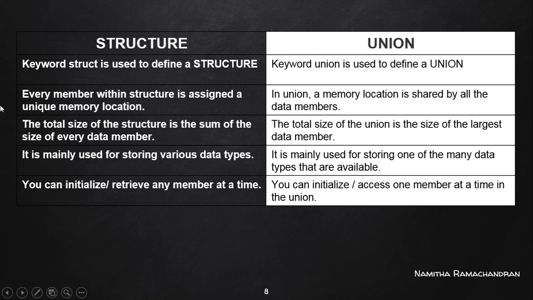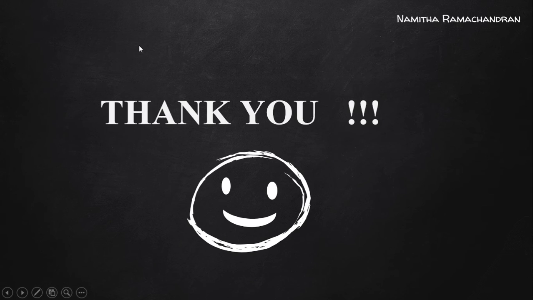While using union we can reduce the usage or allocation of memory space, because different members share a common allotted memory. So based on the requirement, if memory usage is an important factor, then we can go for union instead of structure. So all these are about the structure and